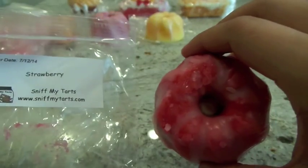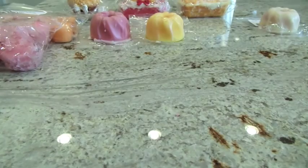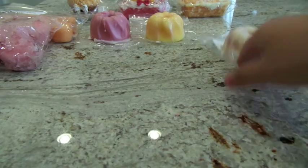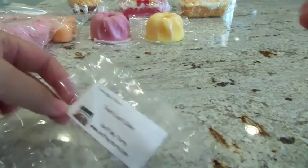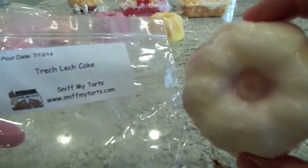And I know that there are people out there that like an artificial strawberry scent, so I would definitely think that still has an audience of people that would really enjoy it. And once again, that's just to my nose. Obviously all of our noses are different. Somebody else may smell more of a juicy, fresh picked strawberry, but it doesn't smell like that to me. This next one here is tres